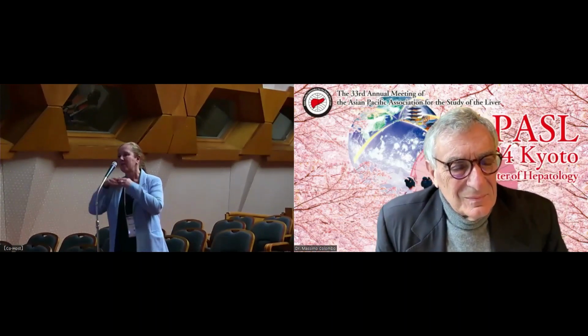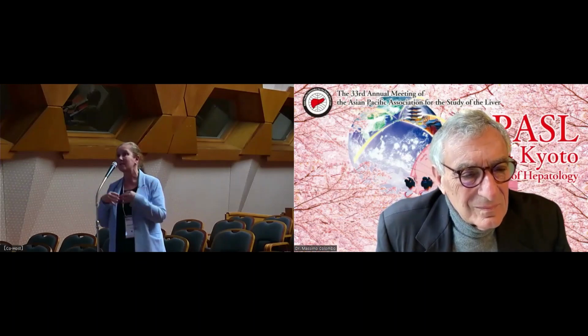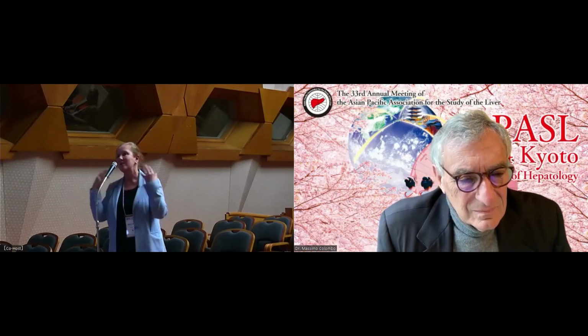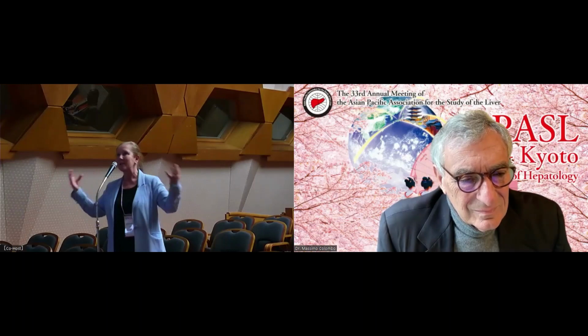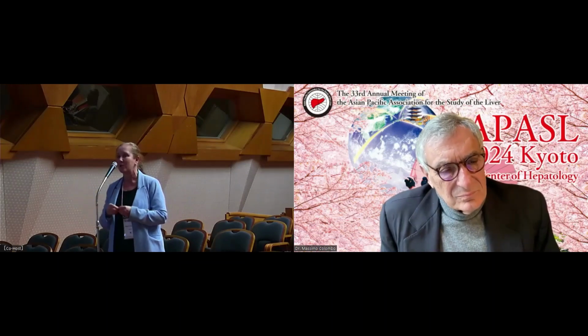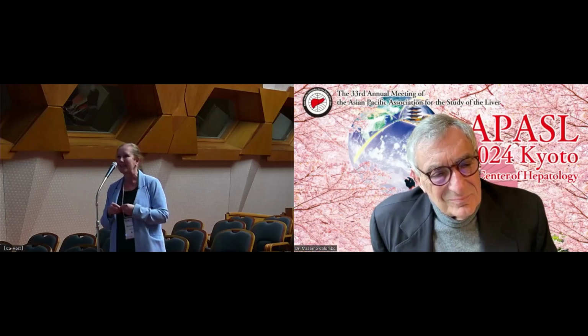I'm just wondering what you're thinking. Of course, we want to go for increasing sensitivity when we're doing screening, but we also want to apply the test to as many people as we can in a population. In many of our countries, particularly in Australia, where we've got big scattered geography and a lot of people living in remote areas, we want the easiest test to be able to apply to the most people at the lowest cost. What do you think, projecting ahead, that's going to look like in a few years in terms of effective screening tools applied to a population that's scattered and has multiple etiologies, including prior hep C?